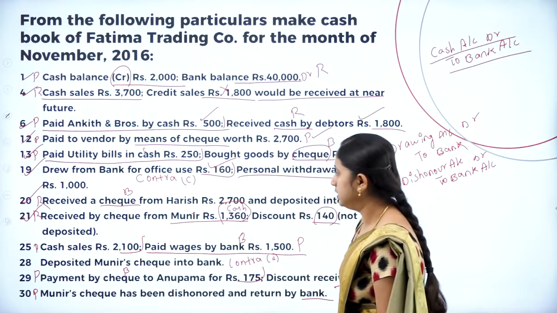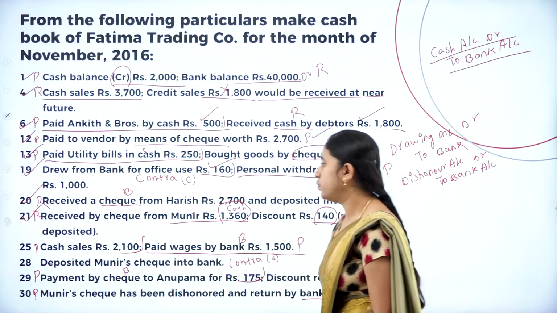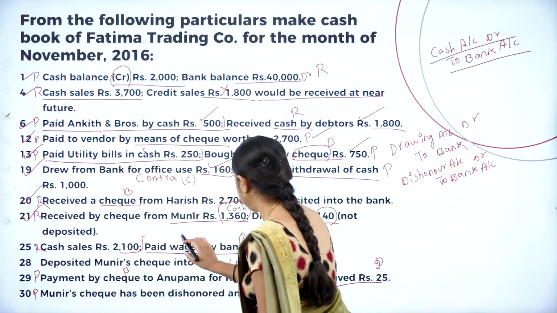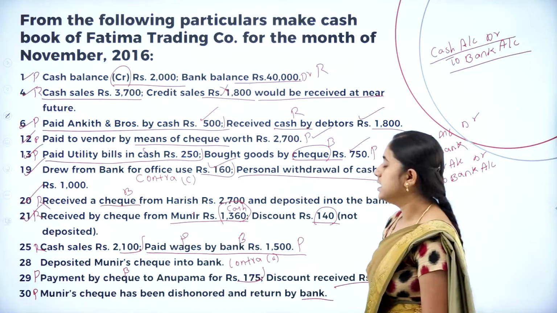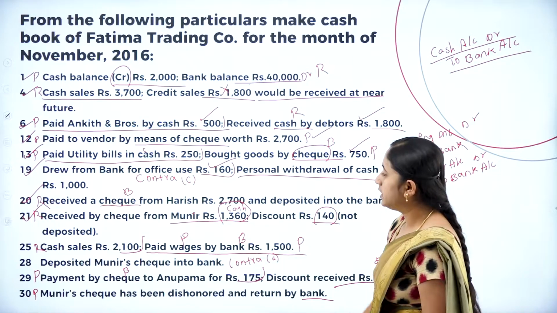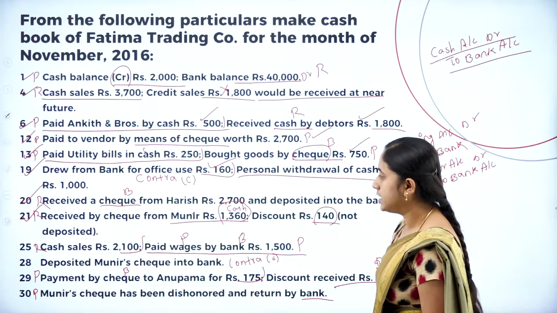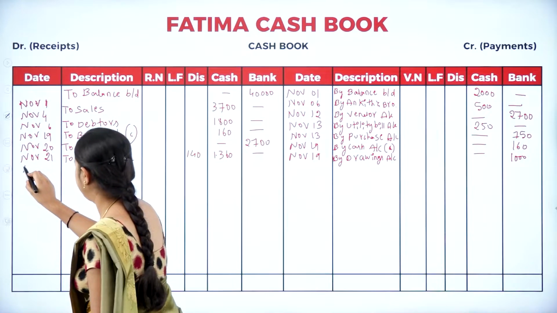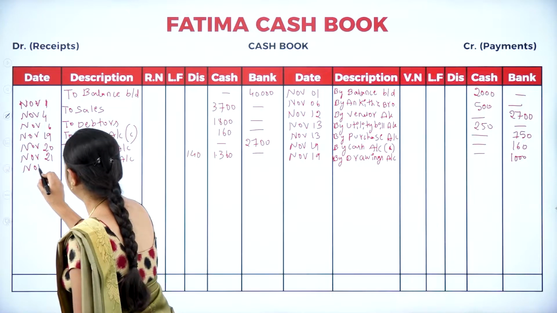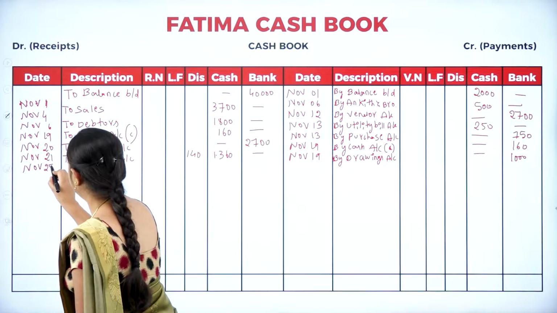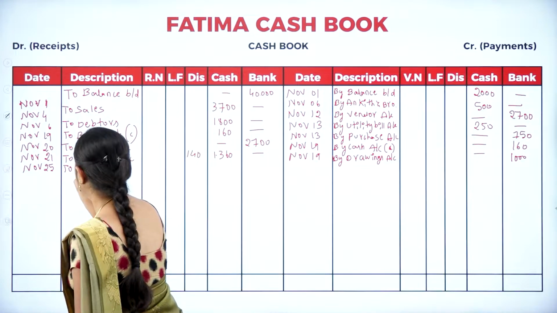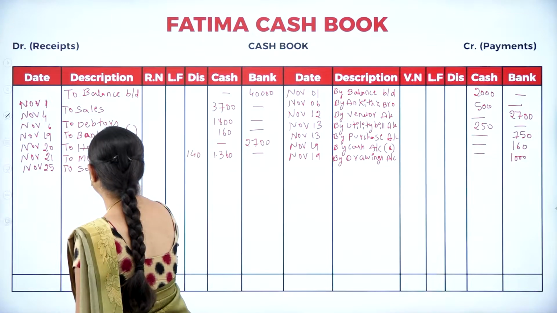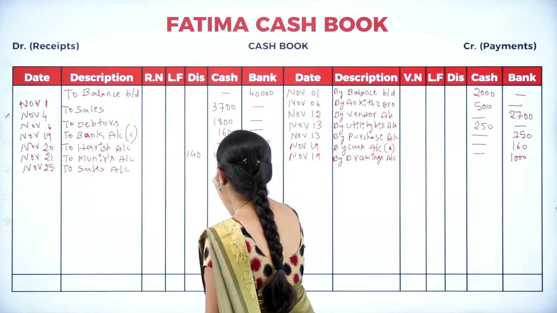Next, 25th, cash sales 2100. Write in the receipt side, this is receipt and this is payment. Cash sales, receipt side, amount in cash column 2100 to sales account. November 25, to sales account, amount in cash column